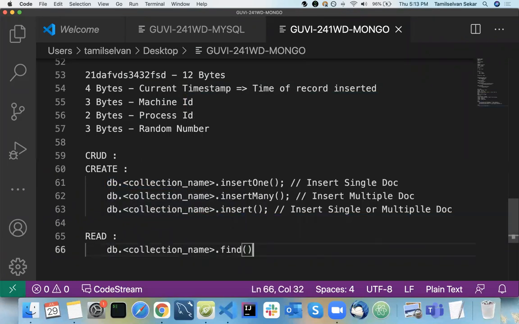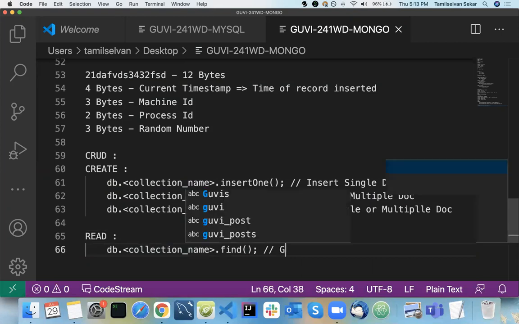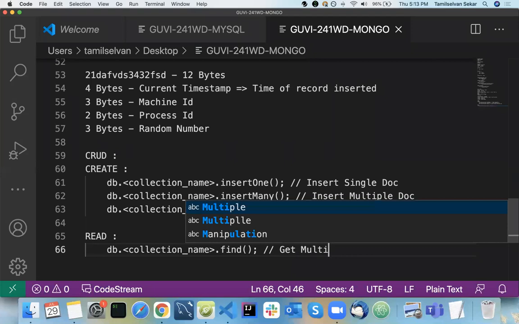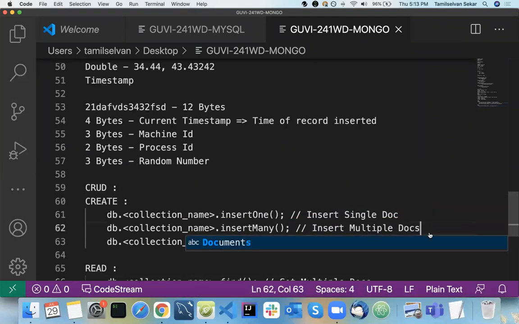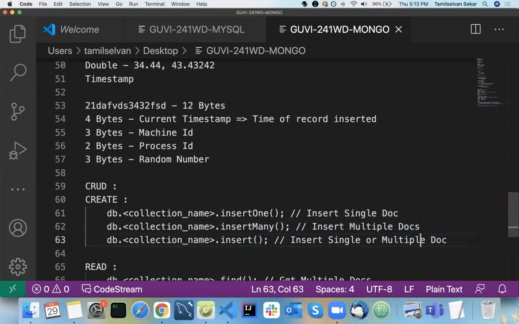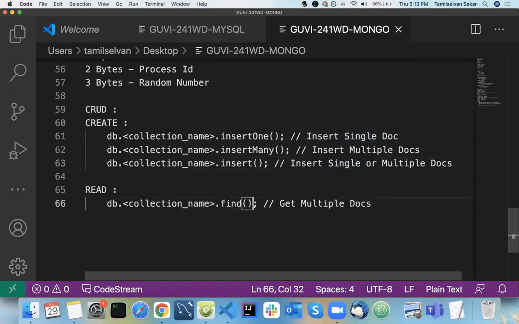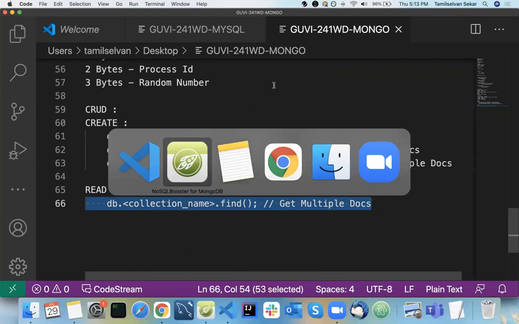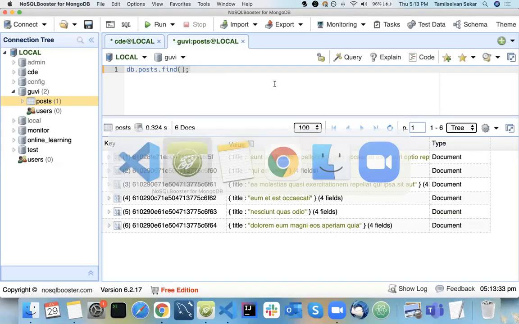It's going to fetch multiple docs, multiple documents in your MongoDB collection. So just use find, and it will give you all the documents.